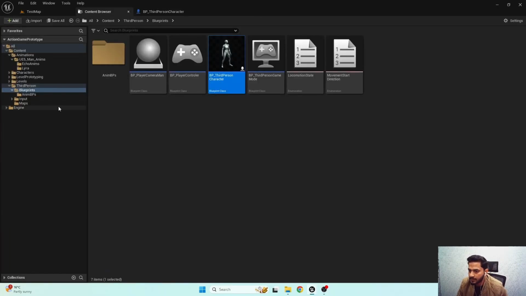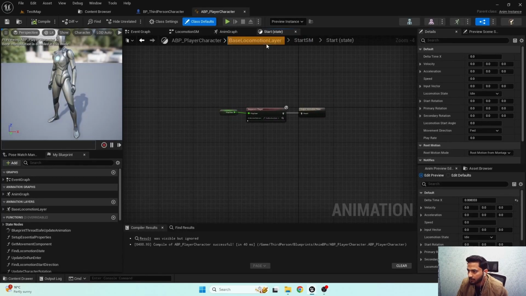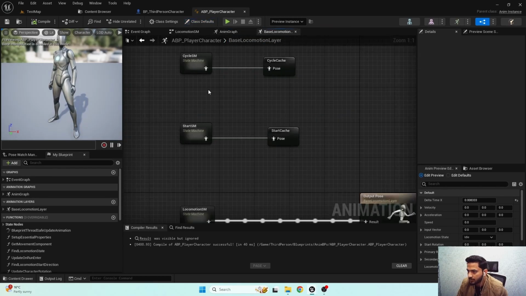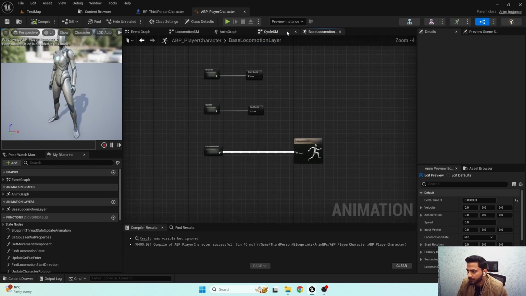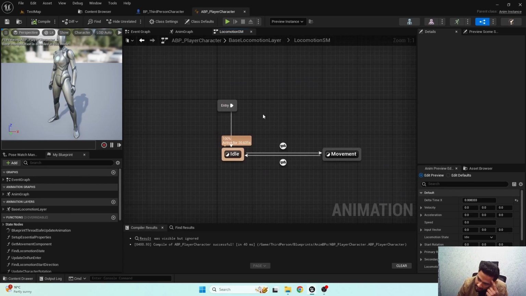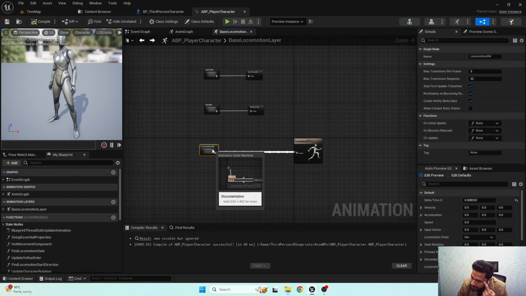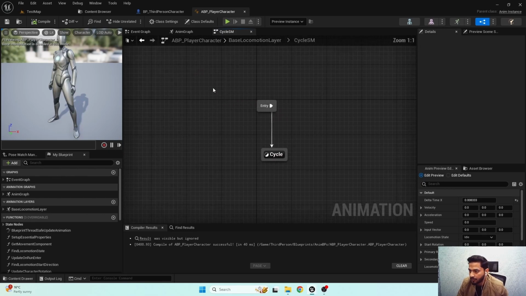Alright, now I'm gonna open up the animation blueprint. Here we have the base locomotion layer cycle. So we have the locomotion layer, where we have the idle and movement. From movement, we'll go towards start first, and then from cycle towards the cycle state. So when we are in the cycle state, I'm gonna open it up real quick